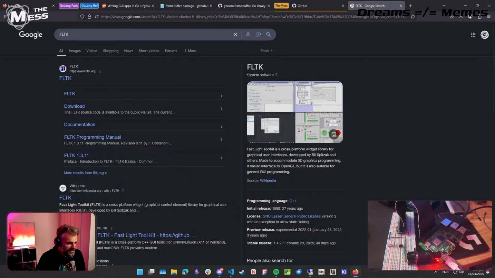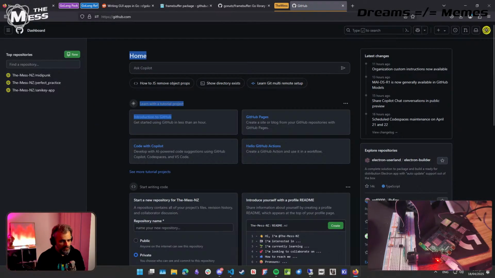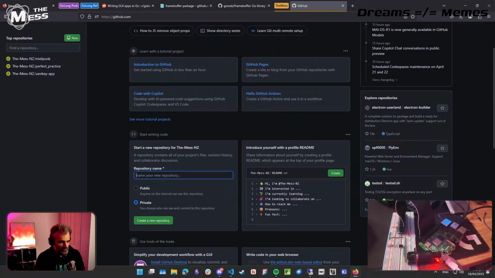I want this fast light toolkit. Yeah, okay. I want this as super basic as possible. Now we're going to call this